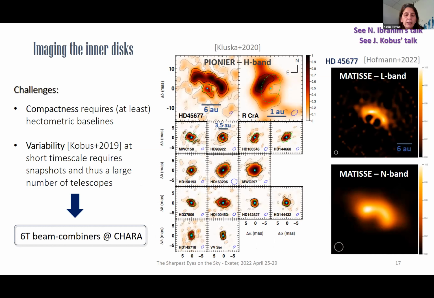Unfortunately, imaging the inner disks is quite challenging, at least for two reasons. First, the disks are very compact, and here you have an example of the Herbig survey led by Jacques Kluska. And for the T Tauri stars, the disk will be much more compact. So you see that the scale is quite small. And secondly, as previously said, these regions are quite variable at short time scales,